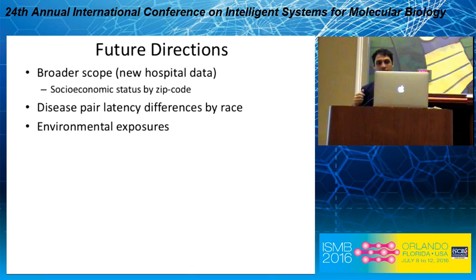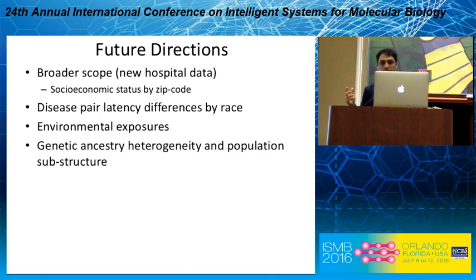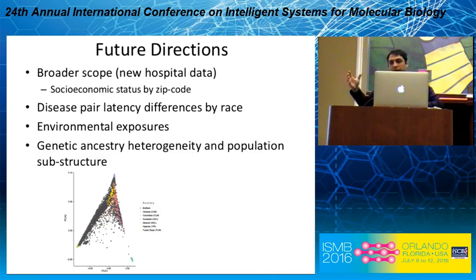model. And lastly, I just want to make a very important point: even though we define these races based on self-reported race, there's actually a huge amount of genetic ancestry heterogeneity within it and population substructure, which may confound and mask the results. Mount Sinai has a biobank of 10,000 people that we have genetic data for.